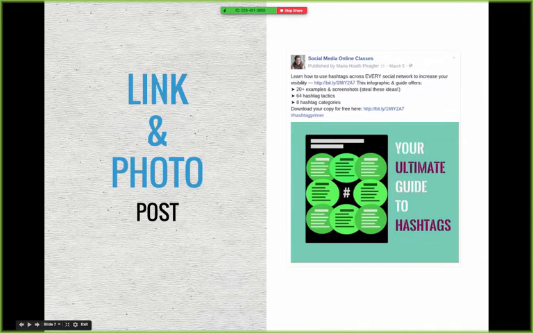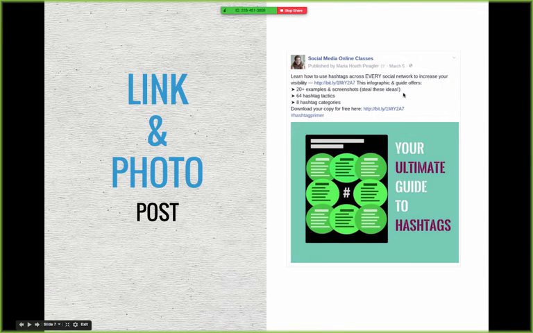But I try to be as transparent as possible in telling people, this is an infographic and guide, and this is what you're going to get. And notice I was able to format this post. You know, it's got some bulleted items here with special characters. I used a hashtag in it. I put the link twice. I put it at the beginning of the post and at the end of the post,